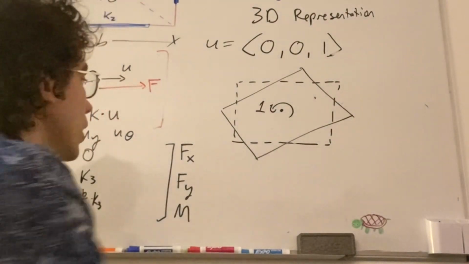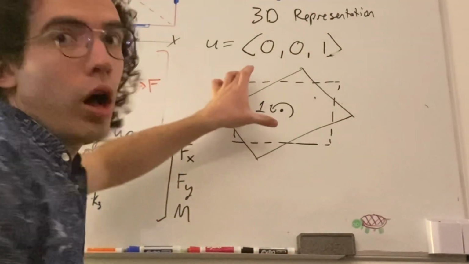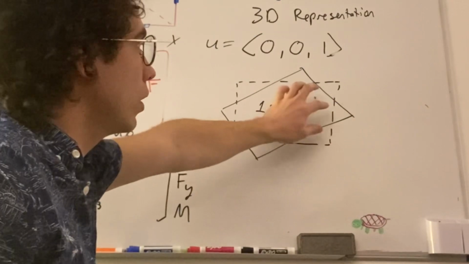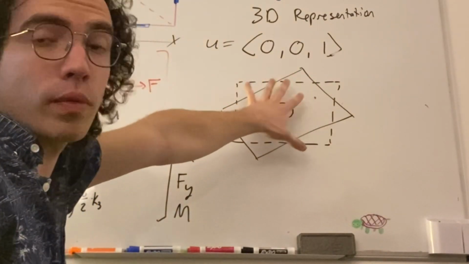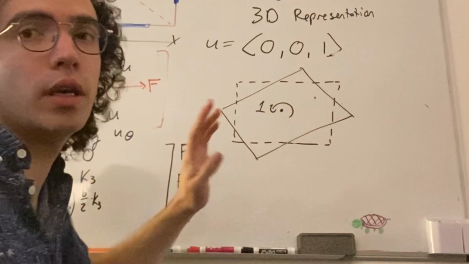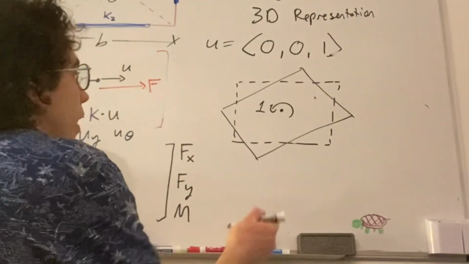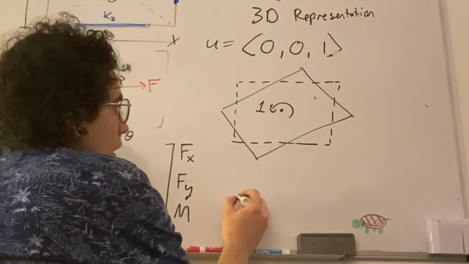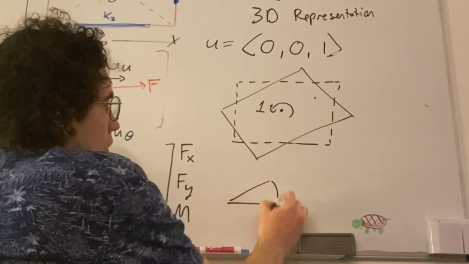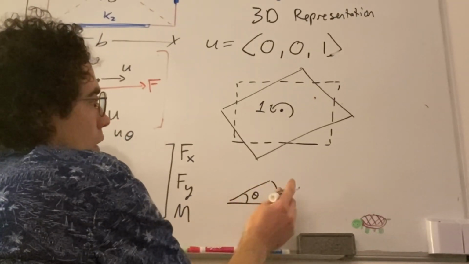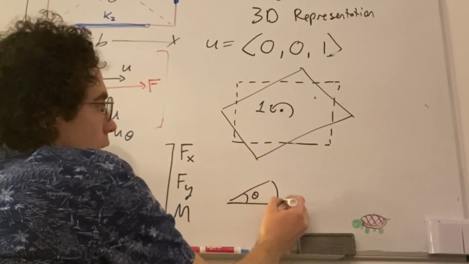In this situation, you're engaging all the walls. So again, this is an exaggeration. In reality, the angles are going to be very small. So in small angle approximation, if you go some theta, and if a wall is oriented vertically here,